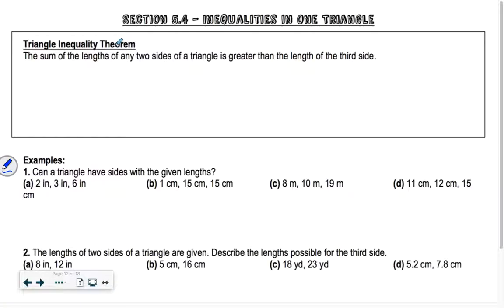So as I said, 5.4 is a very, very easy section. It's quite quick. Okay, so the first theorem we've actually already talked about. It's called the triangle inequality theorem. So the way that I presented this to you before is I said, if a side length is,